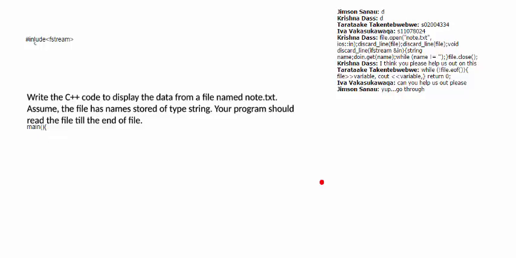So both Krishna and Tatake, they use the file without creating it. Since we are only reading from the file, we can have it as ifstream file. So we are creating a file of data type ifstream, right? There are two types, ifstream and